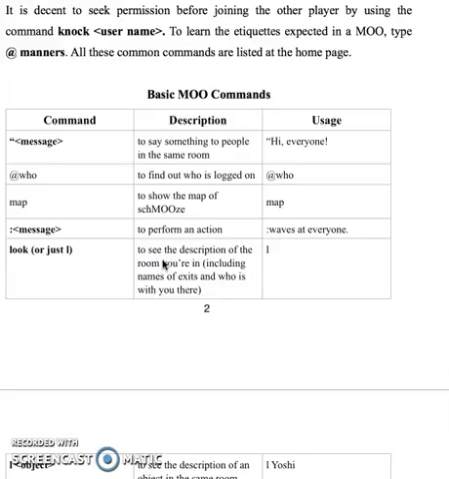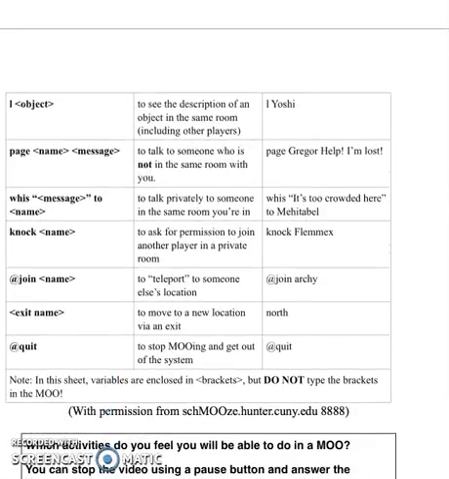To see the description of the room you are in, including names of exits and who is visiting you there, write look or just L. To see the description of an object in the same room, including the other players, write I, Yoshi, who is the other player. To talk to someone who is not in the same room with you,